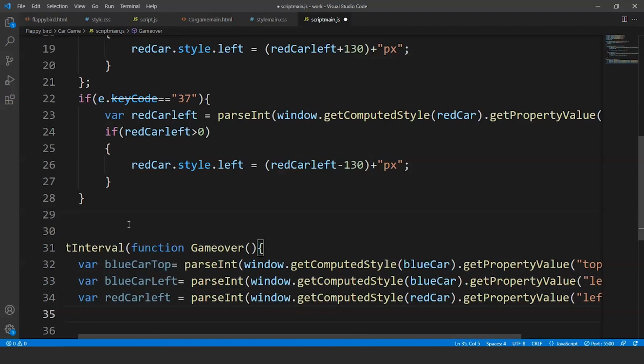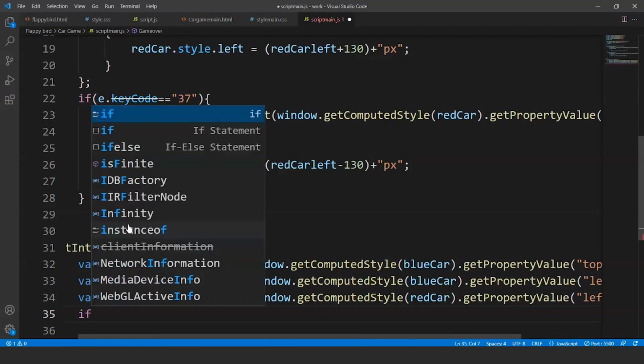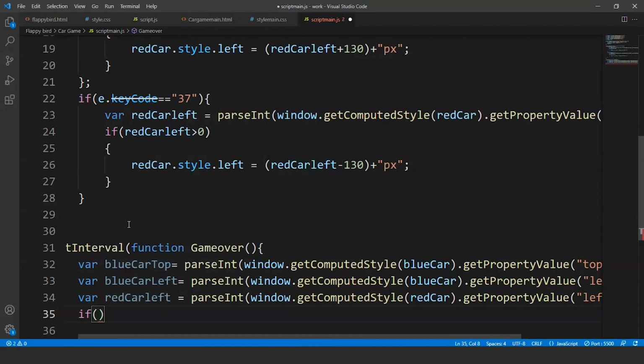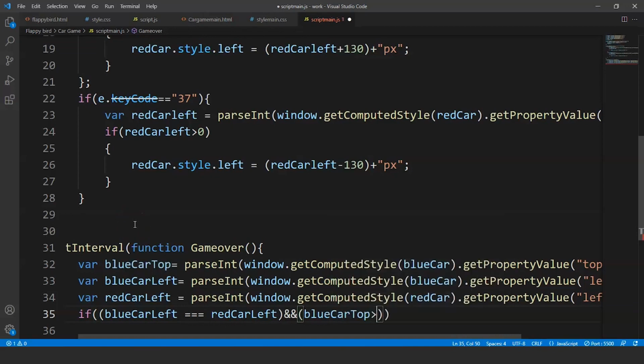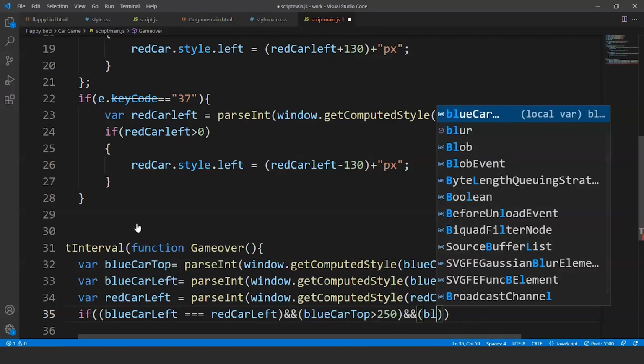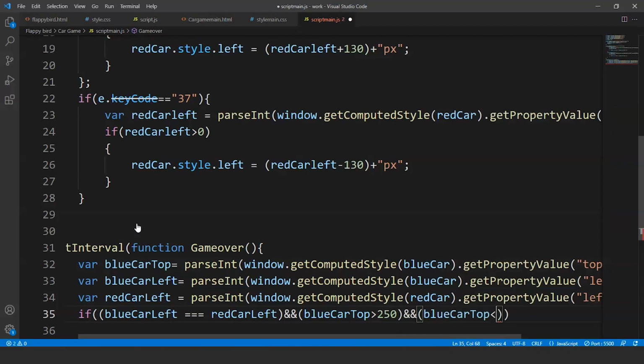Now we'll write certain conditions. We'll use the if statement again. We'll write here if blueCarLeft is equal to redCarLeft. Let's replace this left with a capital L. And then blueCarTop is greater than 250 and blueCarTop is also less than 450. So we need the blue car in between 250 and 450 for collision, right?